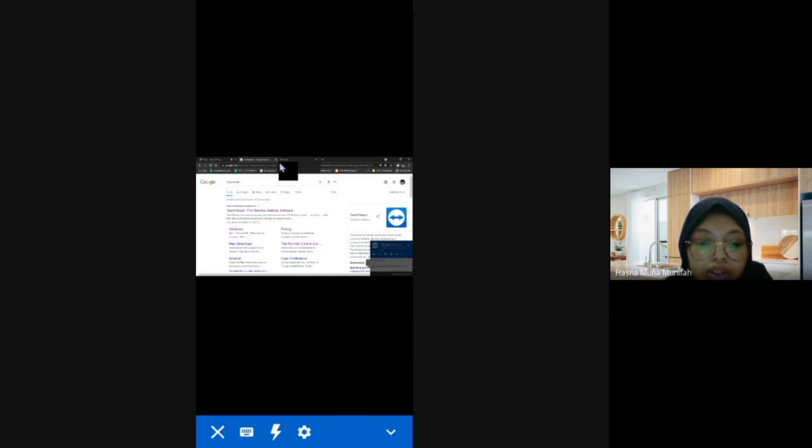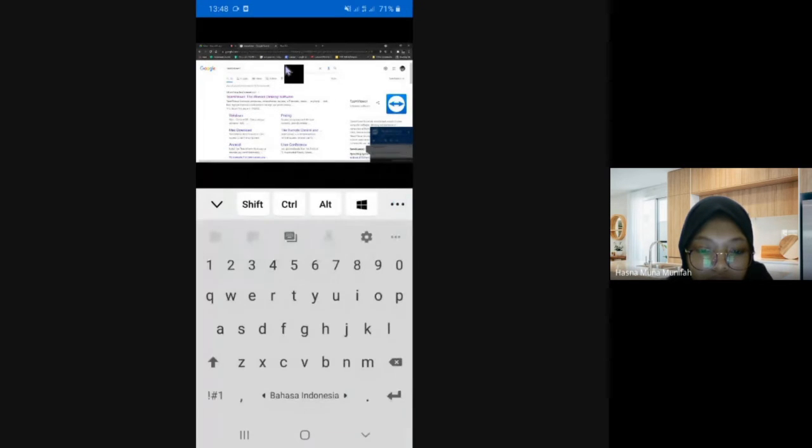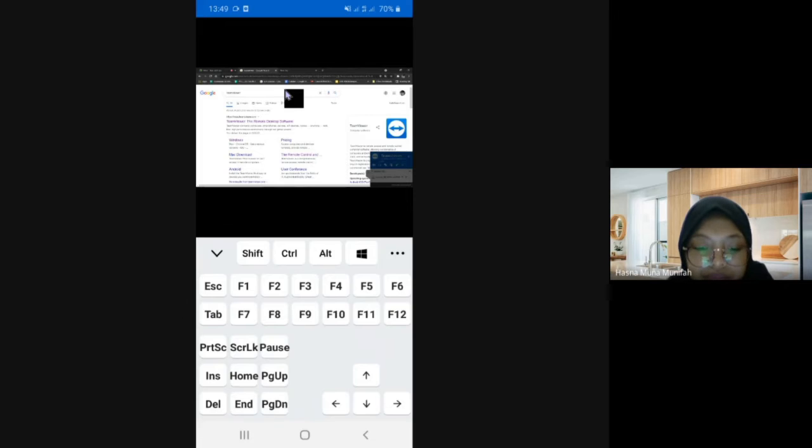Then, to control the keyboard, you can tap the keyboard icon at the bottom of the screen to bring up the keyboard. You can also see some computer keyboard keys located there, such as Shift, Ctrl, Alt, and Windows, which can still be expanded by tapping the three-dot button on the right of the screen.